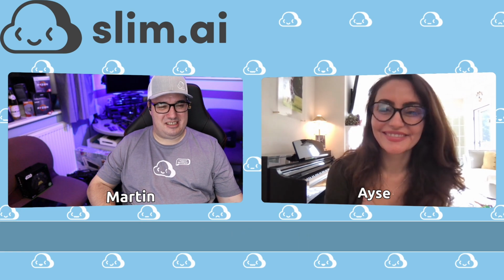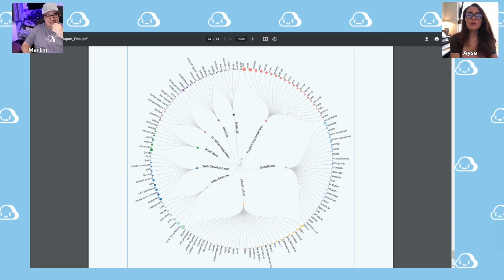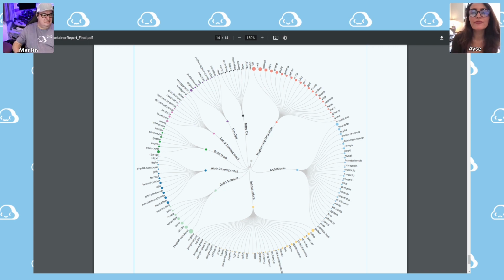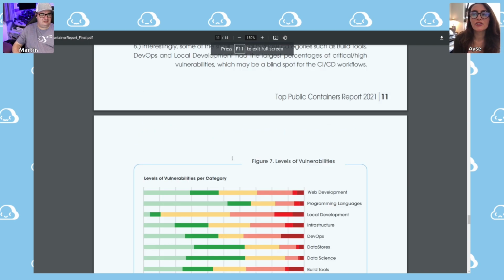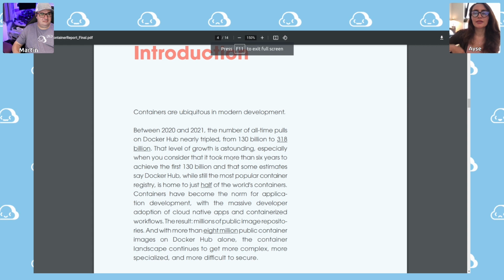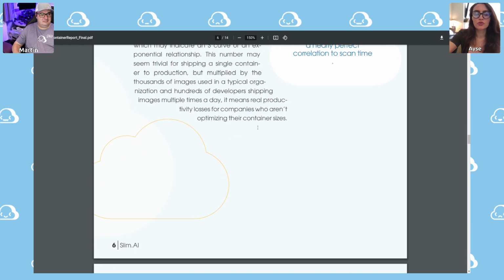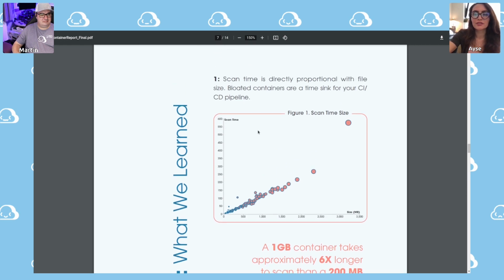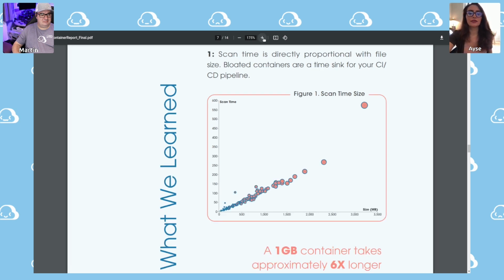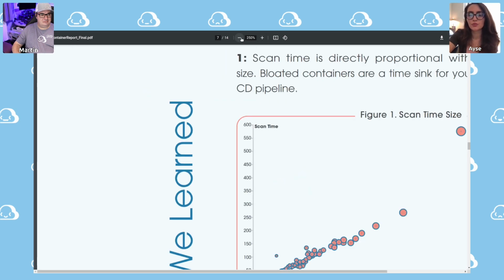Well done. Right then, shall we dig into the graphs and the numbers? If people have got questions, I'll be paying close attention, and I can see a number of our community are already starting to speculate on some of the outcomes. So this will be interesting. Maybe we start with the first finding, on page 7. There's a graph there that talks about size versus scan time. Brilliant, let's start there because it's a good one to begin with.